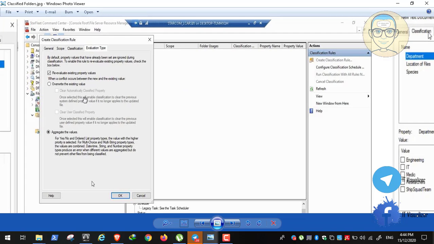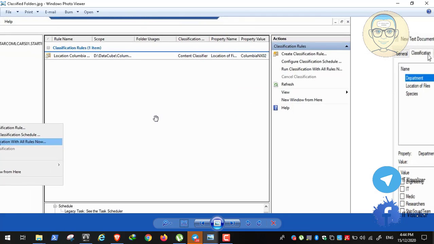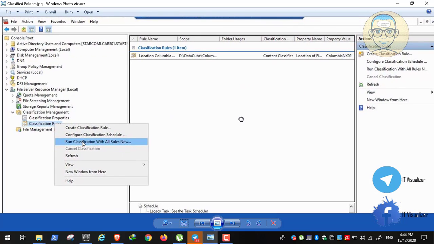Okay, so this is the rule for the Columbia location. We can see that there is a rule called location of Columbia. After creating the rule, we need to tell it to run the classification rule. After running the classification rule, the files will be tagged. And we will not only make a rule for Columbia, but we will make a rule